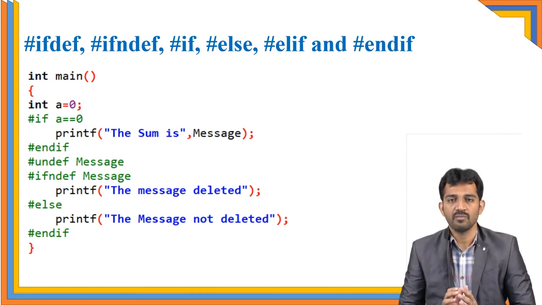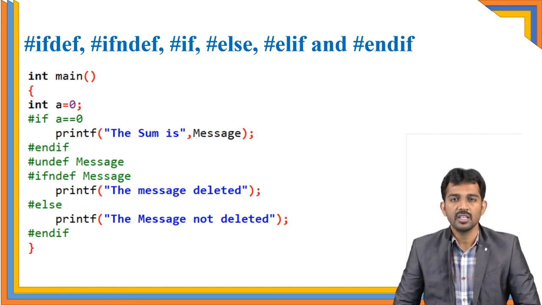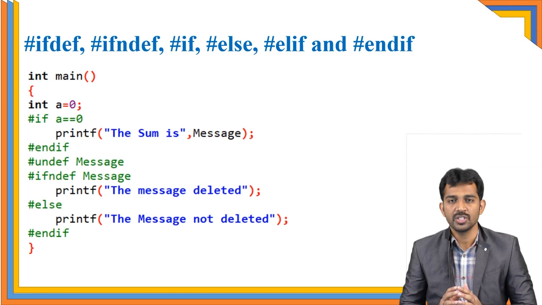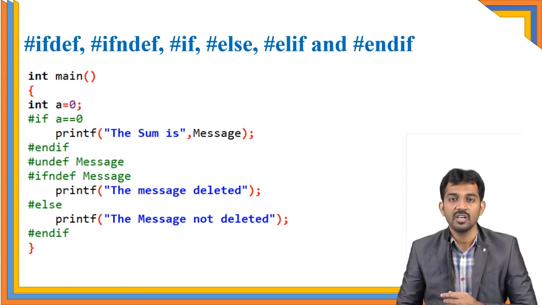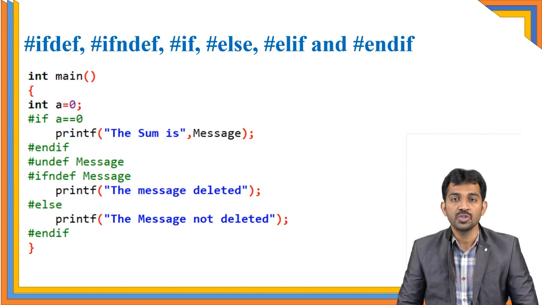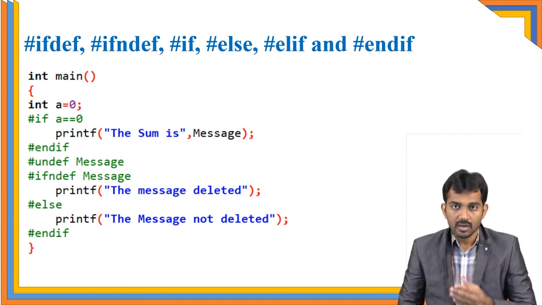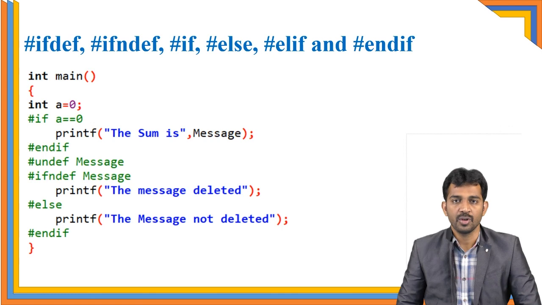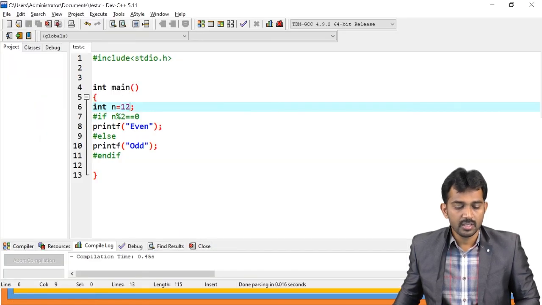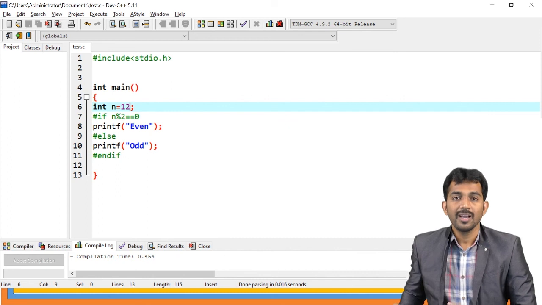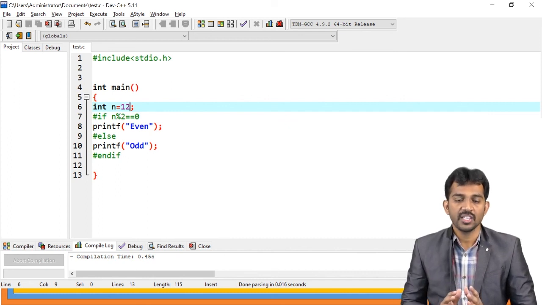You can use them, not much, but in most cases you are going to use only two things. The first one is #define, and the next one is #include. #define is going to define the global constants, and #include is used to include the header files into your program, right? Is this clear? And also you can use #elif, right?